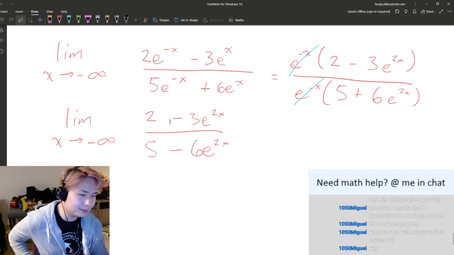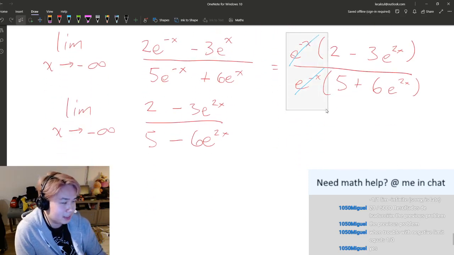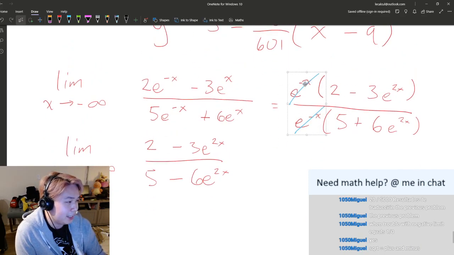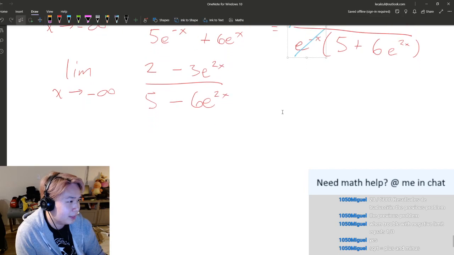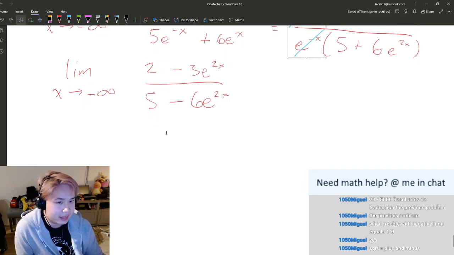So, Jazz, we factor out a negative x because this is the issue. When you have this to the negative and your x is negative, then it ends up being positive. So you have e to the positive infinity, which is no good. So we factor that out instead and cancel it out. And then this is okay